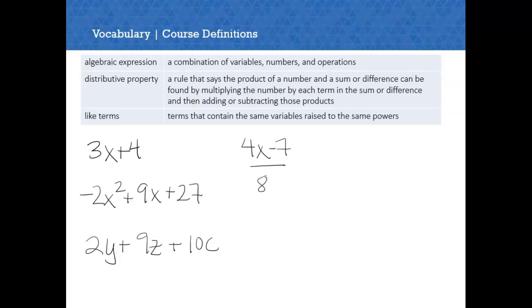The distributive property we're going to look at a lot today, and it's a rule that says the product of a number and a sum or difference can be found by multiplying the number by each term in the sum or difference and then adding or subtracting those products. So as with any vocab, it's better to break it down. So the distributive property